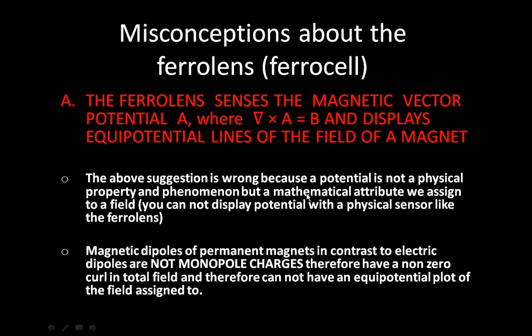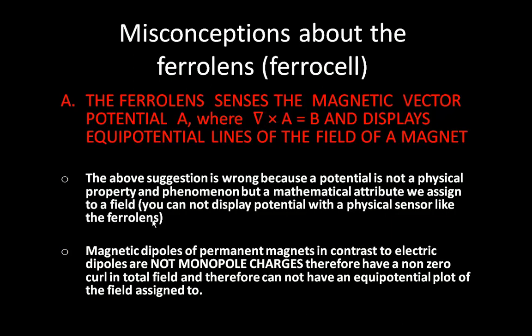but a mathematical attribute we assign to a field. You cannot display potential with a physical sensor like the ferrolens or any other physical sensor which operates under physical rules and laws. Well, you see, even in the case, say we have a classic voltmeter, which is measuring potential difference on a circuit. Even this,